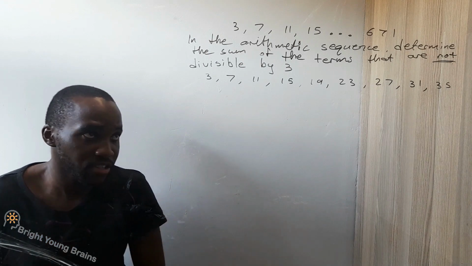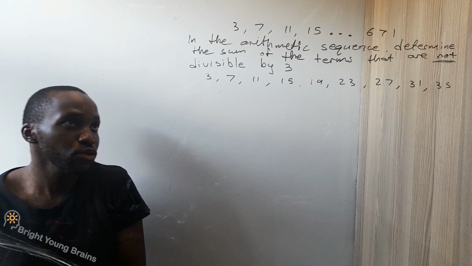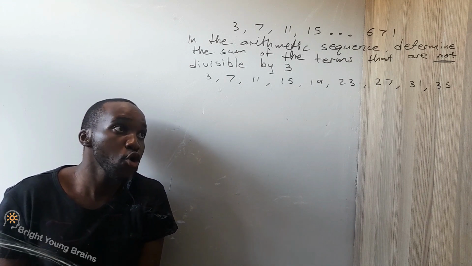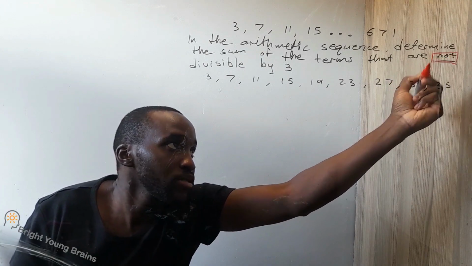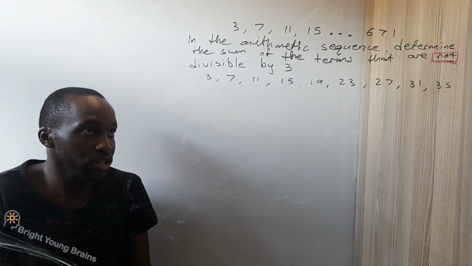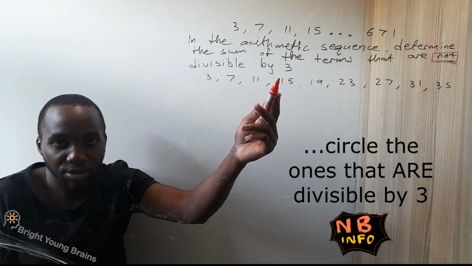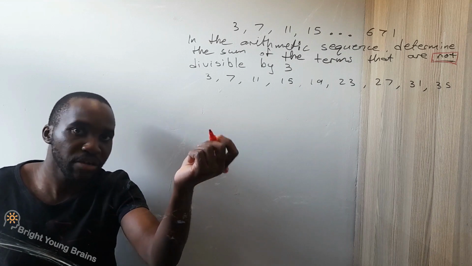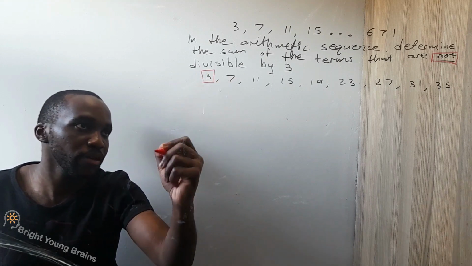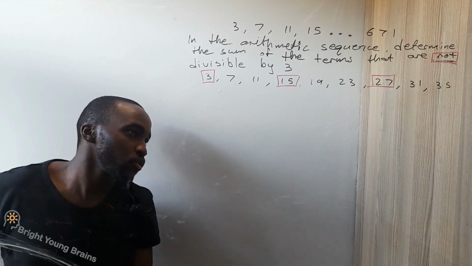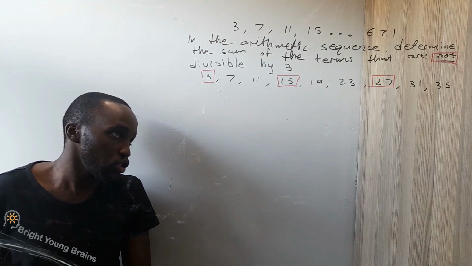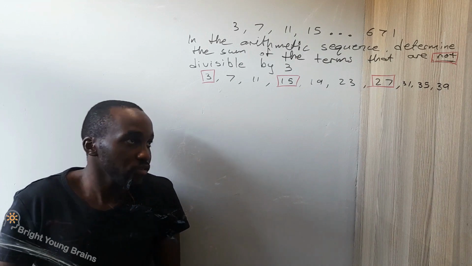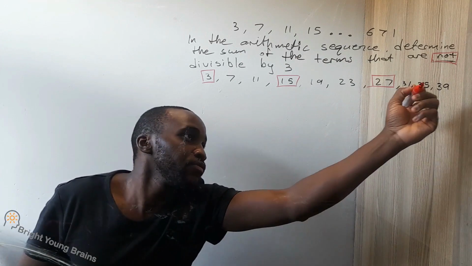So to add more to what I've just said, if you look at your arithmetic sequence, they want you to determine the sum of all the terms that are not divisible by 3. So what you want to do is circle the ones that are divisible by 3, or put a block around them. Let's do that. You see, this is divisible by 3. This will work out. This will work out. Going on and on. And if you check here, from 35, your next term would have just been 39, which is divisible